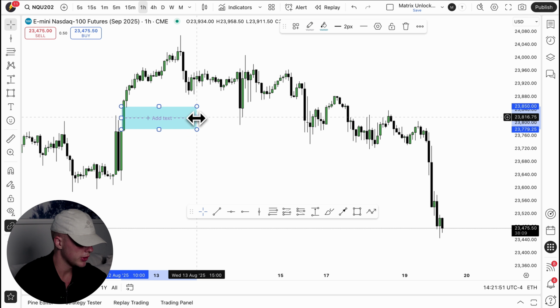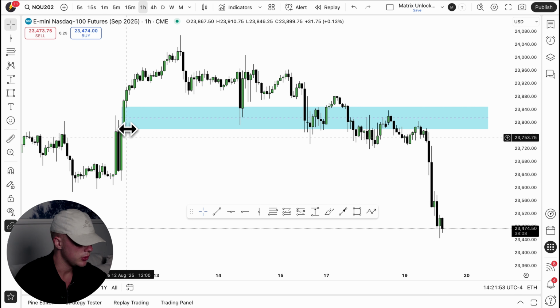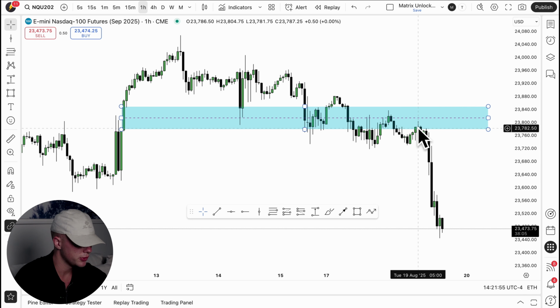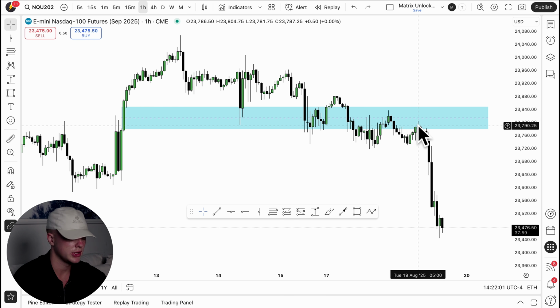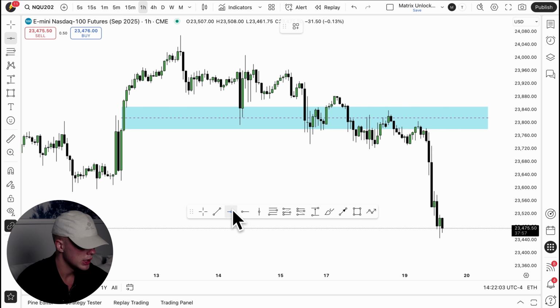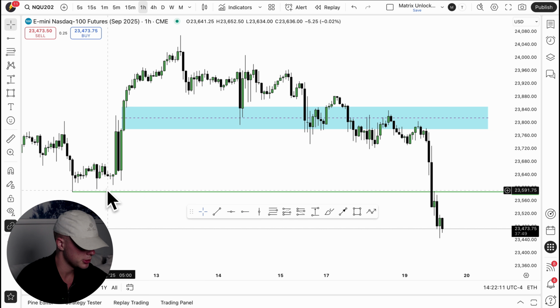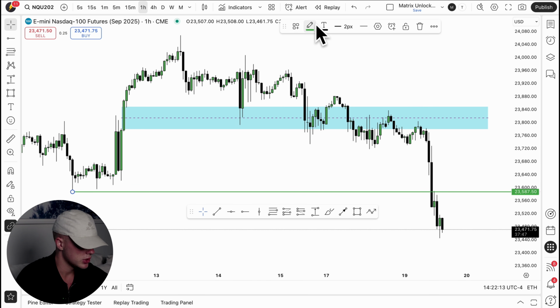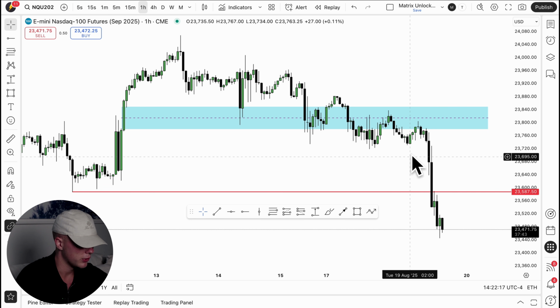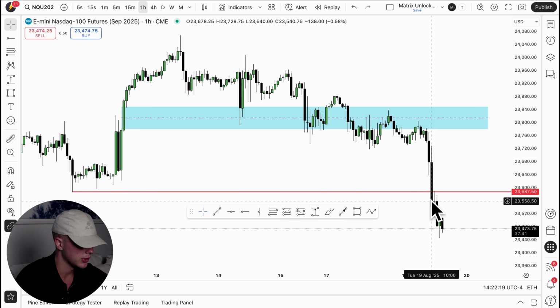And the reason why I want to outline this is due to the following. I used this imbalance as an inverted value gap to go market short right here once we formed this swing high at 5 p.m. throughout the London session. What was I targeting? I was targeting sell-side liquidity resting below these lows right here. Why are these lows important? Because retail looks at those lows from the perspective of, hey, this right here is strong support, so they place their stop losses below these lows, and therefore this was my draw on liquidity heading into the day.